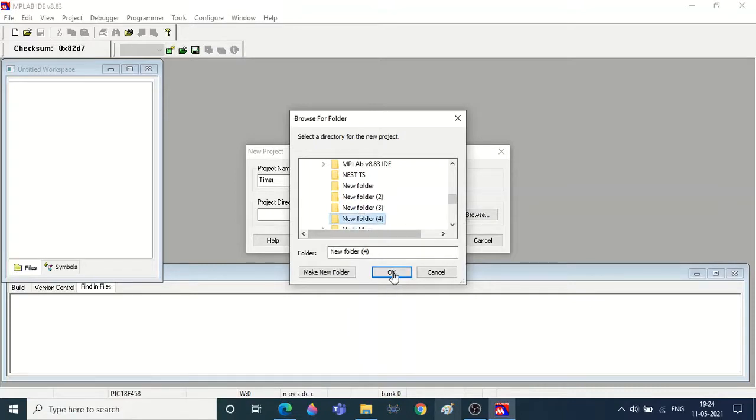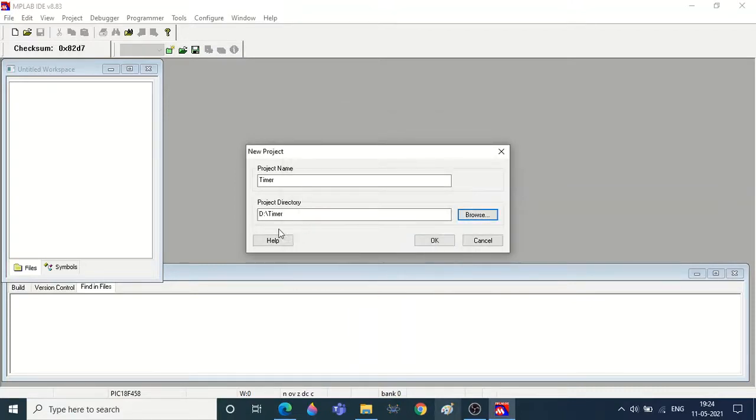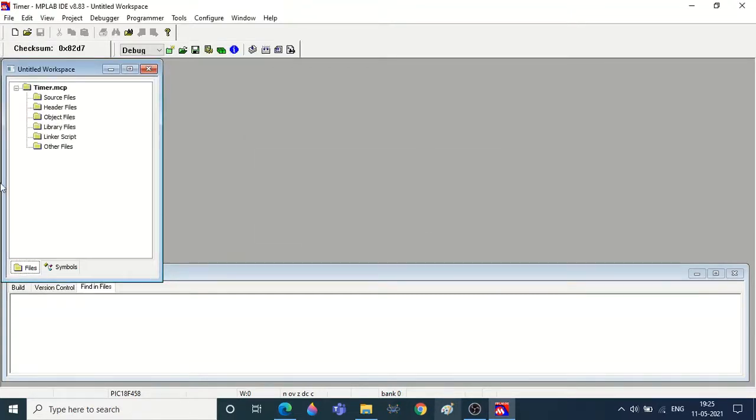Now you can see over here the project name is timer and it is in the folder. The name of that folder is also timer. Now click OK. You can see the project has been created with the extension .mcp, timer.mcp.